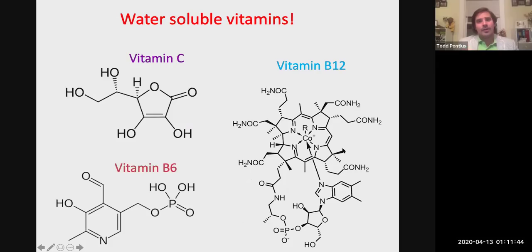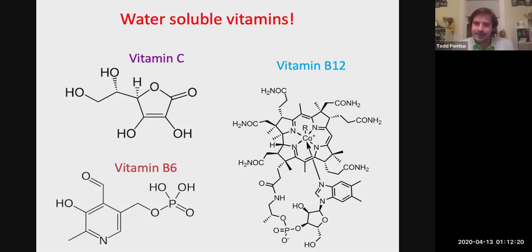So this phenomenon also explains water-soluble vitamins versus fat-soluble vitamins. If we look at the water-soluble vitamins, what are their commonalities? Well, they all have a vast abundance of these polar groups in them. Vitamin C, vitamin Bs. Vitamin B12 is a very large molecule, but look, it's like polarity city, population, vitamin B12. So as a result, these tend to dissolve well in aqueous solutions. So you can find them pretty readily in juices. Oftentimes, if you look at, say, orange juice, which is mostly water, you'll find a lot of vitamin C and